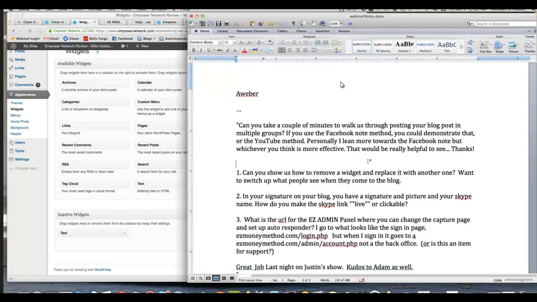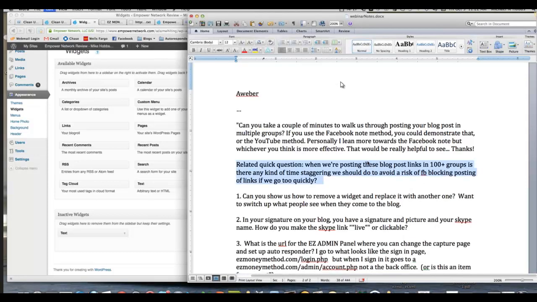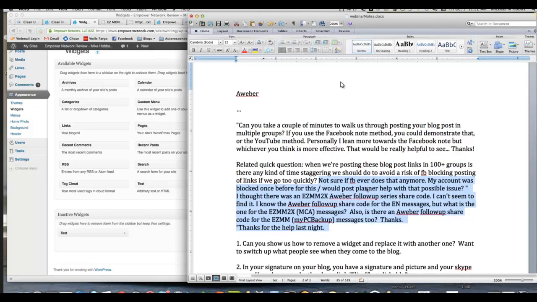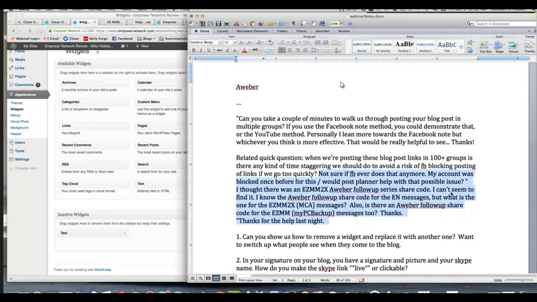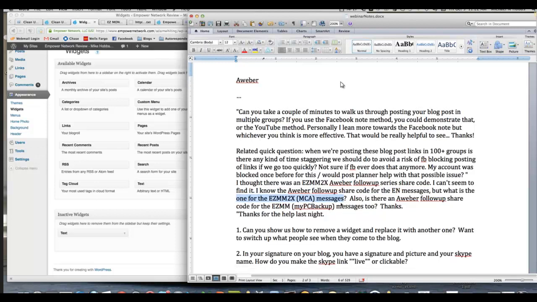All right. Let's see, not sure. Okay. Your account was blocked, I can't seem to find it. The Aweber follow-up share code is in the main site. The EasyMM 2X messages are also in the 2X login site.